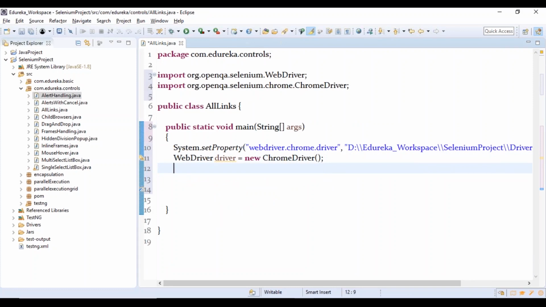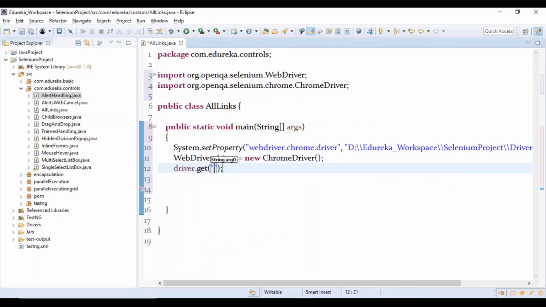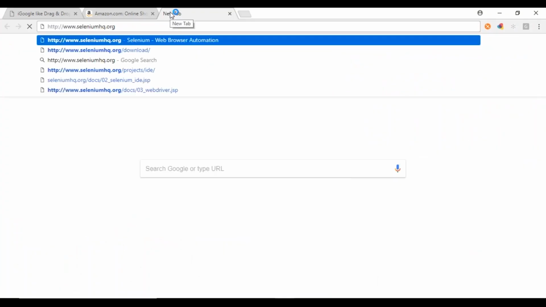The next thing I'm supposed to do is navigate through the URL. I say driver.get, and I would be using this http://www.seleniumhq.org because this has a lot of links to check. Let me go to this page and see whether it opens fine or not.